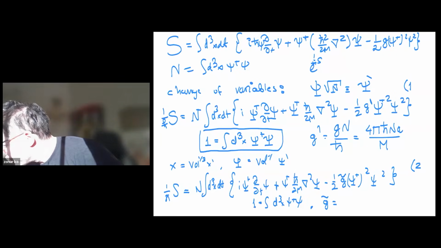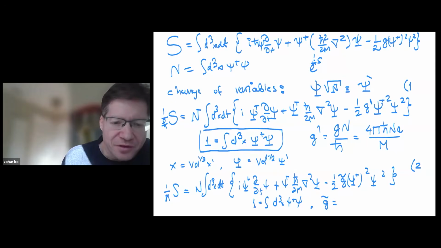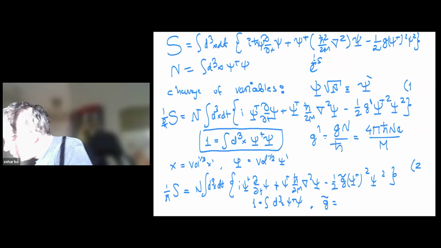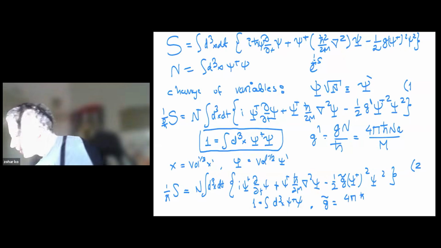This should be 2, in such a way that the wave function is normalized correctly. So then G twiddle is 4 pi h bar, but now the number of particles turns into the density of particles. Now that's much better because we don't want to care about the actual number of particles. We want to care about their density inside the bucket. So we get the density of particles times little a divided by the mass.